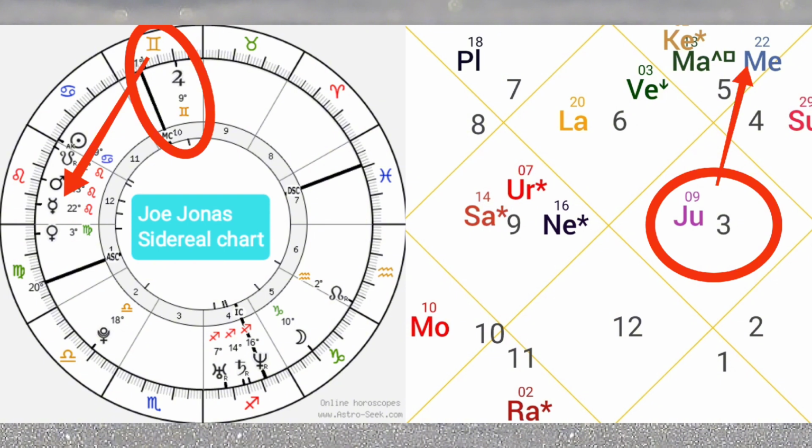Now, for work or even jobs, it's pretty simple. You have to look at the 10th house because the 10th house represents our work environments. So you could be doing any work. You could be an entrepreneur. You could be self-employed. It doesn't matter. The 10th house describes where you work, how you do work, how you perform the work, and it also shows what takes place in your work surroundings. Essentially, the 10th house has to do a lot with the work setting.